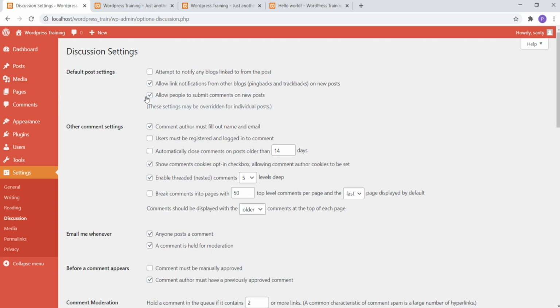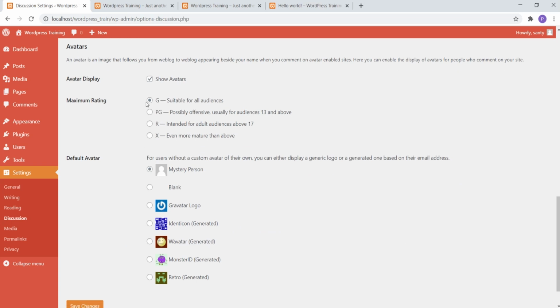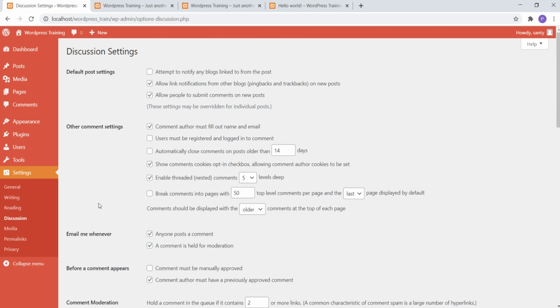Next is allow people to submit comments on new posts. If you uncheck this, people won't get the option to submit comments. They can only read the data. Similarly, you have multiple options here. You can check the avatars, and you can even create your own avatar if you are going to comment. So this is how your discussion section works.